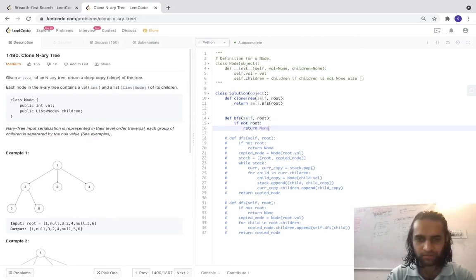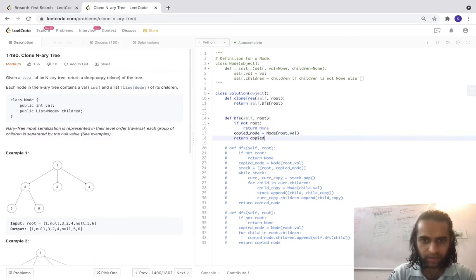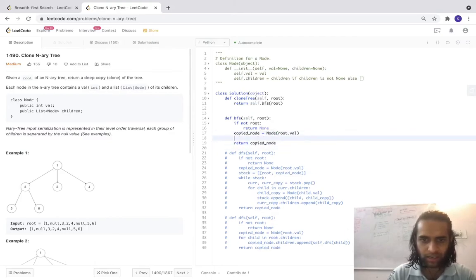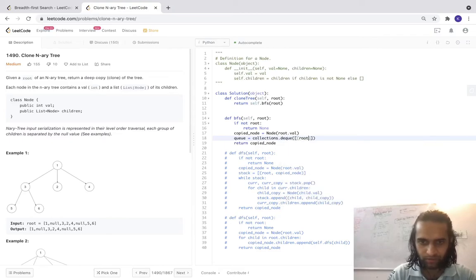This will be similar to the non-recursive DFS, it's just that we'll be using a queue in this situation. My copied node is Node(root.val), and I'll return my copied node, and my queue will contain the nodes whose children I still need to process, which is my root and copied node.